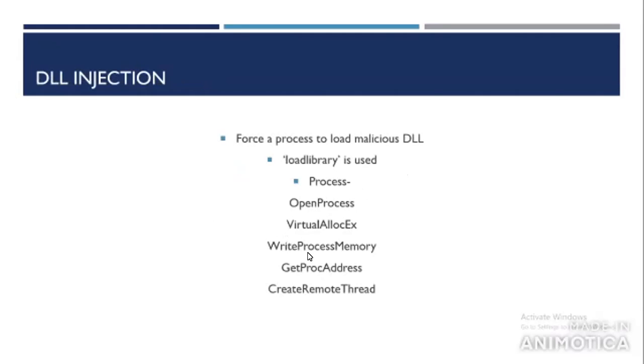Next one is DLL injection. So DLL, or dynamic link library injection, generally forces a process to load a malicious DLL. It is done by passing a malicious DLL to a process that calls LoadLibrary and forces the process to load the DLL automatically by calling the DllMain function. The whole process involves several steps. The first call could be seen as OpenProcess. The next one will be VirtualAllocEx. Next, WriteProcessMemory. Next,